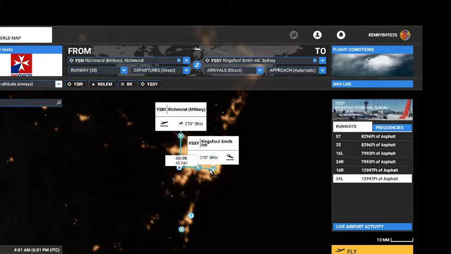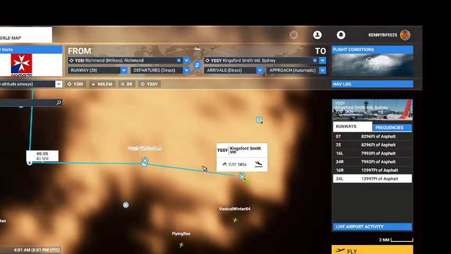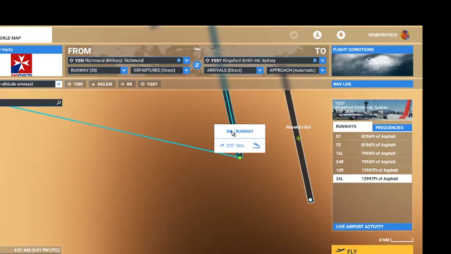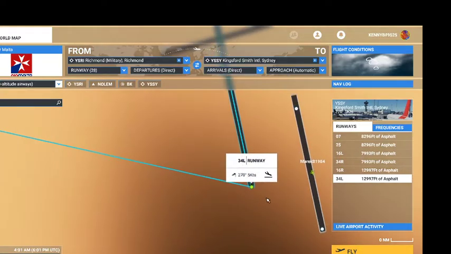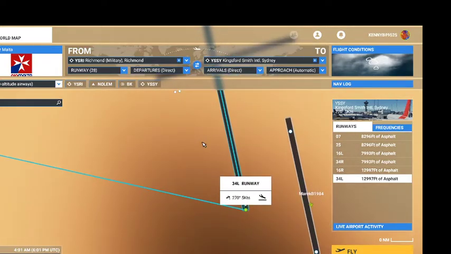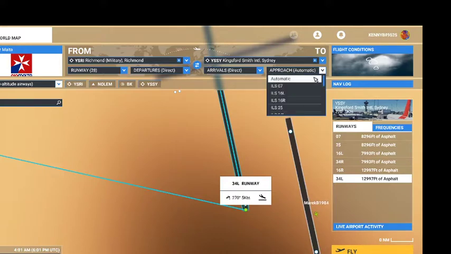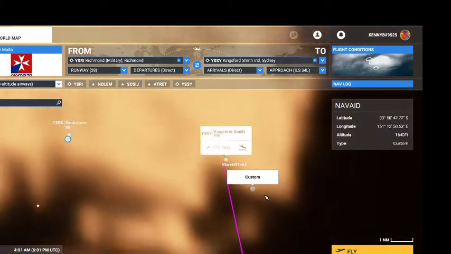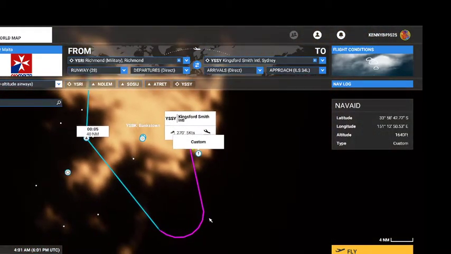and what we have to find out here is where we're actually arriving at in Sydney. So if you zoom in, you can see here it's 34 left. What I have to do now is I'll go to here and find my approach, ILS 34 left. Okay, simple as that. Now, when you zoom out, you can see the pattern that actually is made for you